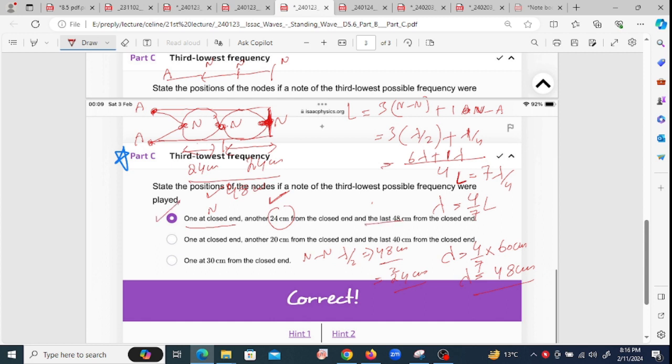This option is correct. But option B is wrong, because one is at the close end, which is correct, but another at 20 centimeter from the close end, another 40 centimeter. This is wrong because it is not 20 centimeter, it is 24 centimeter. So this is also wrong. So option A is the correct one: one at the close end, this node is at the close end, the second node is at 24 centimeter, and the third node is again at the